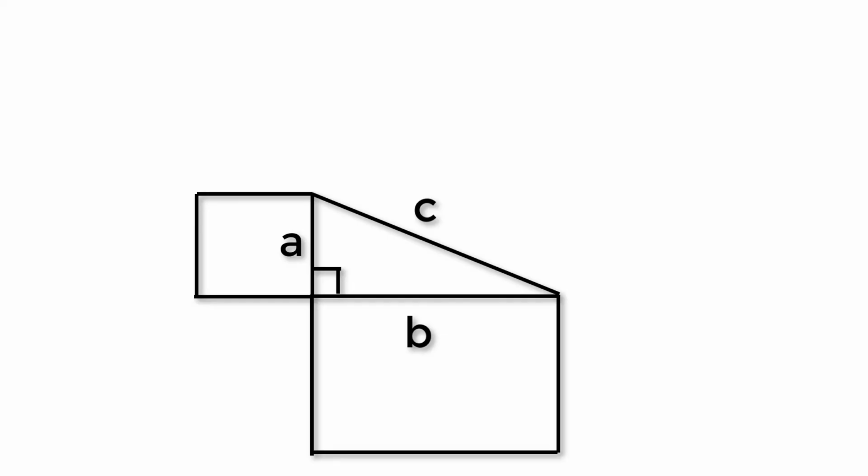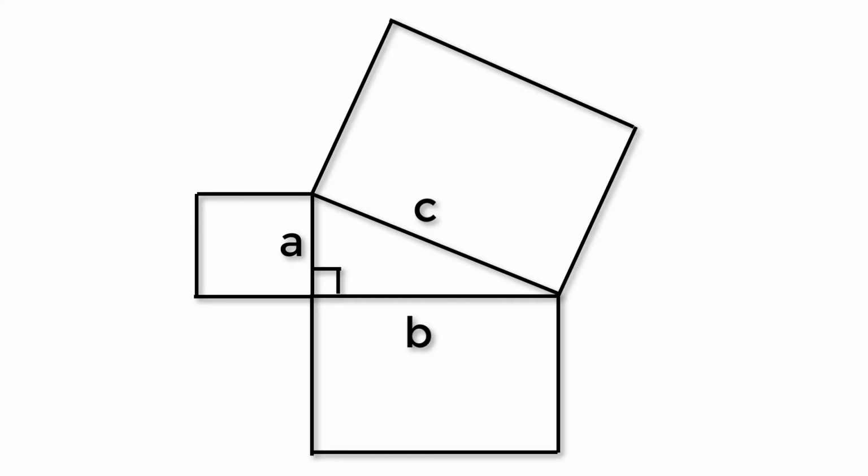And you can think of the triangle as really not being there at all. Instead, we have a square, another square, and a third square whose area is equal to the area of the first two combined. Like Neo says in The Matrix, there is no spoon. Here, there is no triangle.